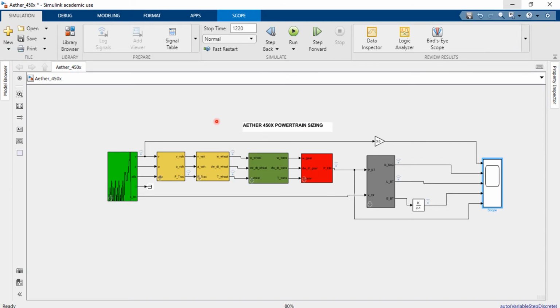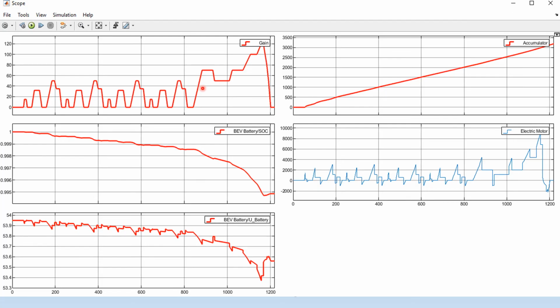The other method is using the QSS library. In this I have used the driving cycle fed to the vehicle, which gives us the amount of tractive force that is supplied to the wheels through the gearbox, which is being fed to the motor, and the energy comes from the battery. So I have connected all these things and found the outputs: this is the velocity, this is the battery SOC, this is the current, this is the energy,